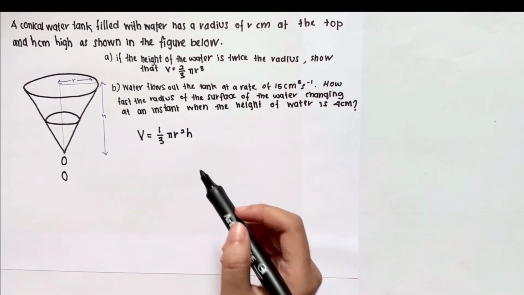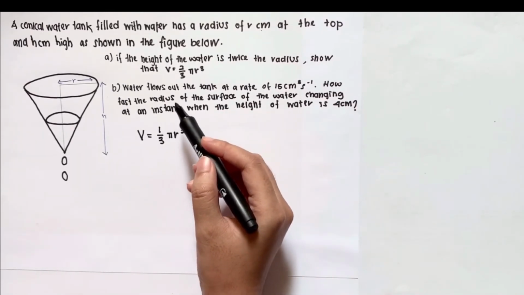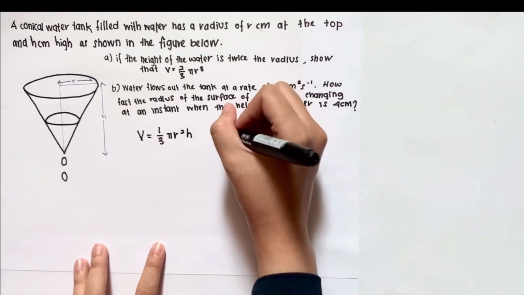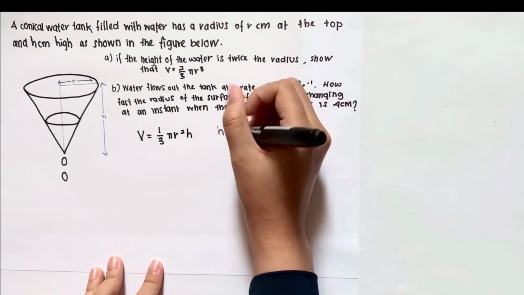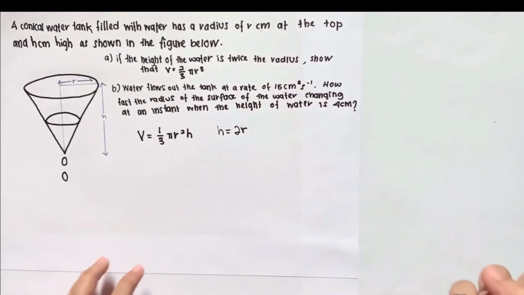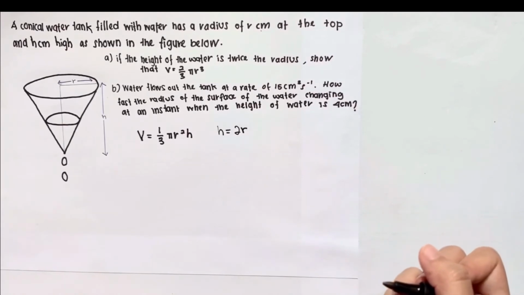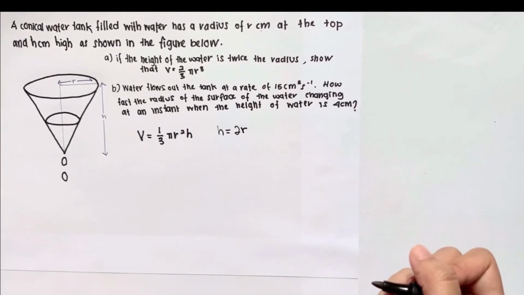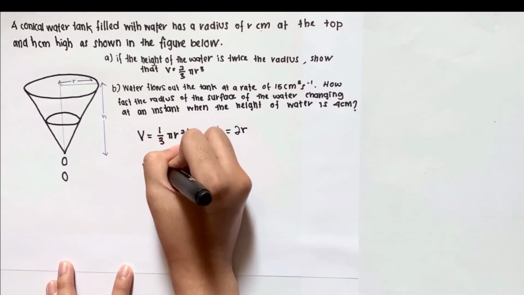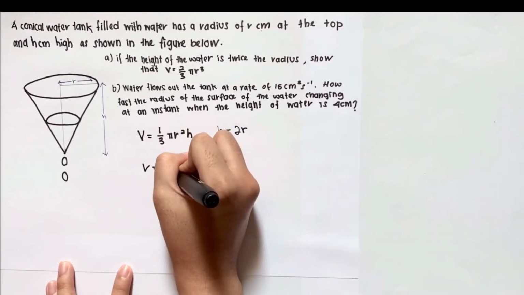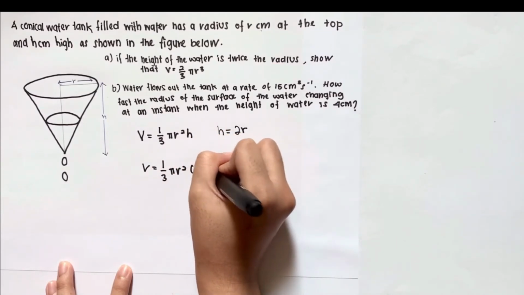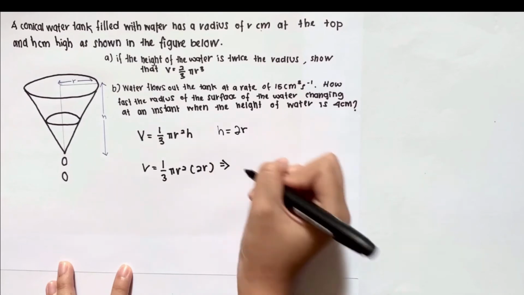The information given is that the height of the water is twice the radius. So, h equals 2r. Then, substitute h into the formula. Then we will get